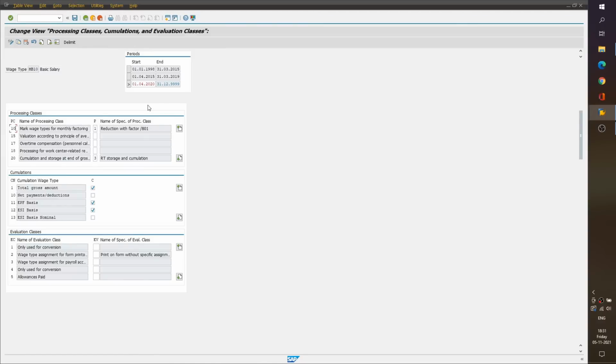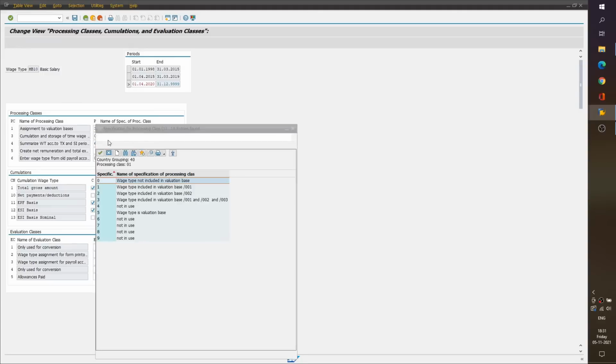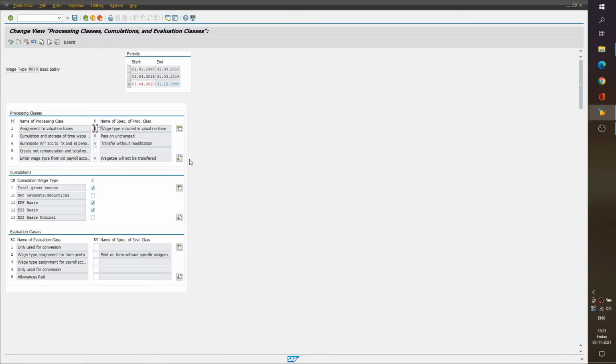So we saw processing class 1 is used for having different valuation bases. Valuation bases are maybe for overtime, shift allowance, where we need some rate for calculation, and those rates are calculated only based on certain specific wage types, not the entire salary. So that is done in processing class 1.